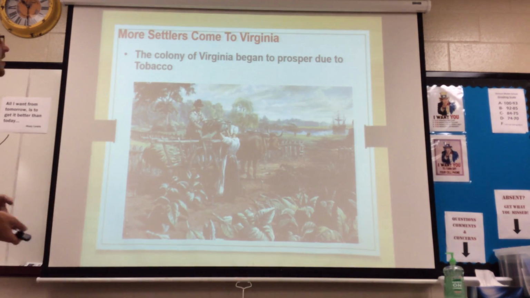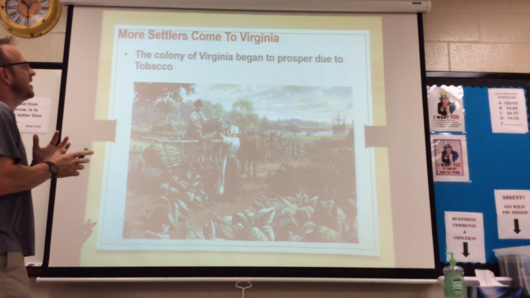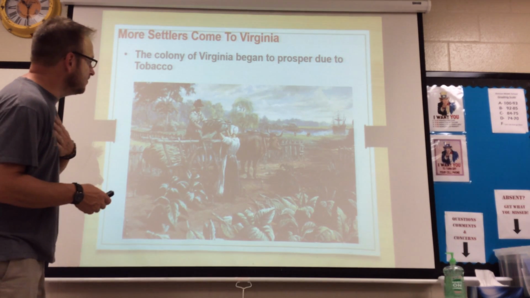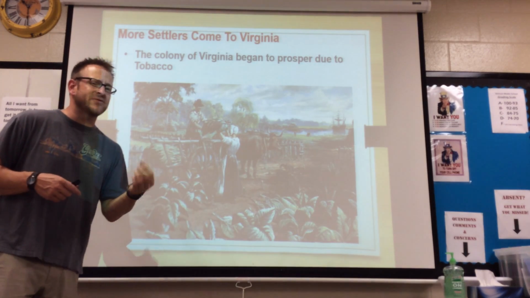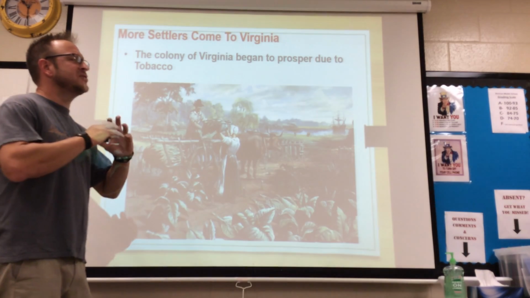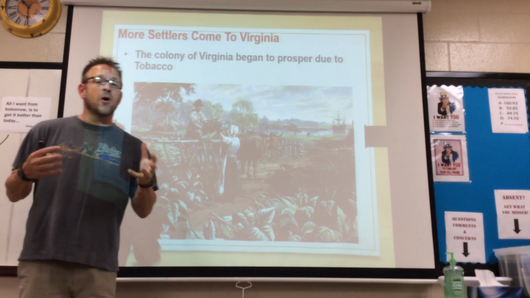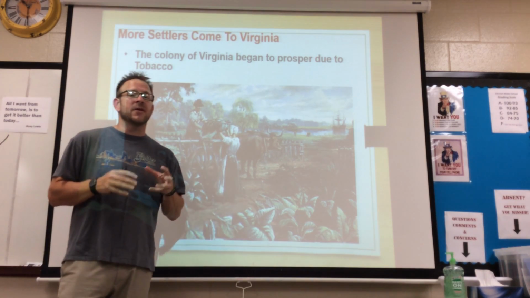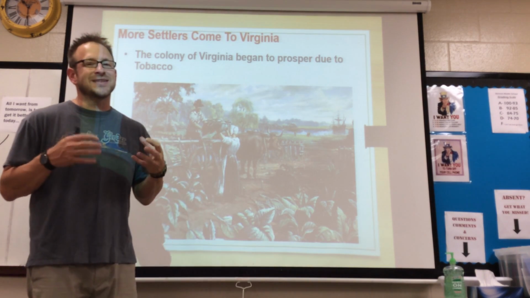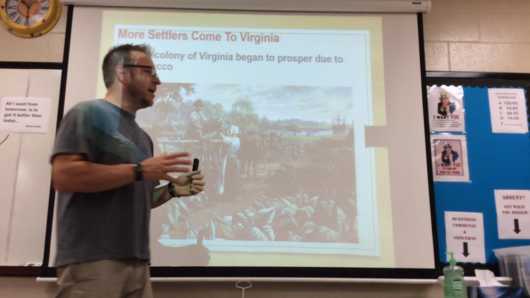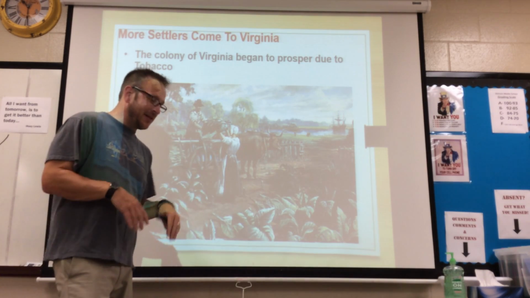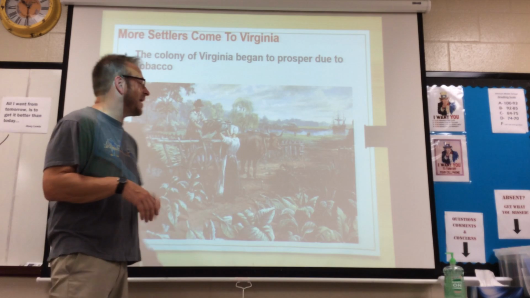Now, more settlers started coming to Virginia. The colony of Virginia began to prosper due to tobacco. We talked about how he had the seeds with him, and all of a sudden, it just explodes. The first truly large crop they got out of there was actually worth more than $1 million in today's money. So it just shows you that by this point, people had a plot of fertile land. They were doing their best to plant tobacco on it.